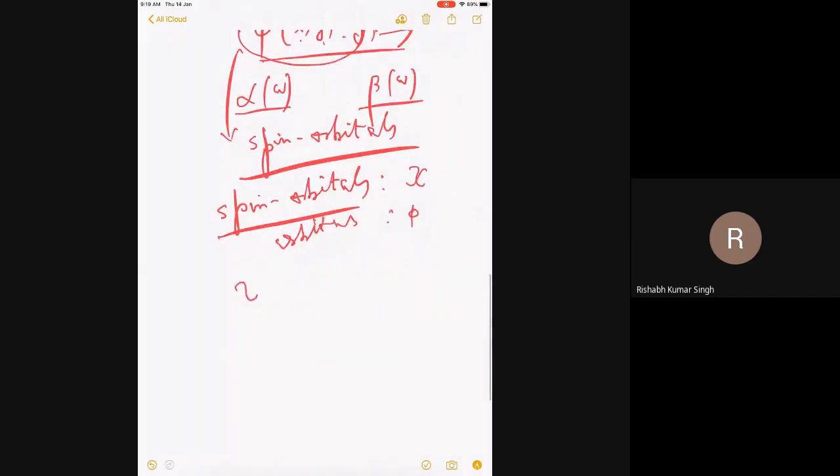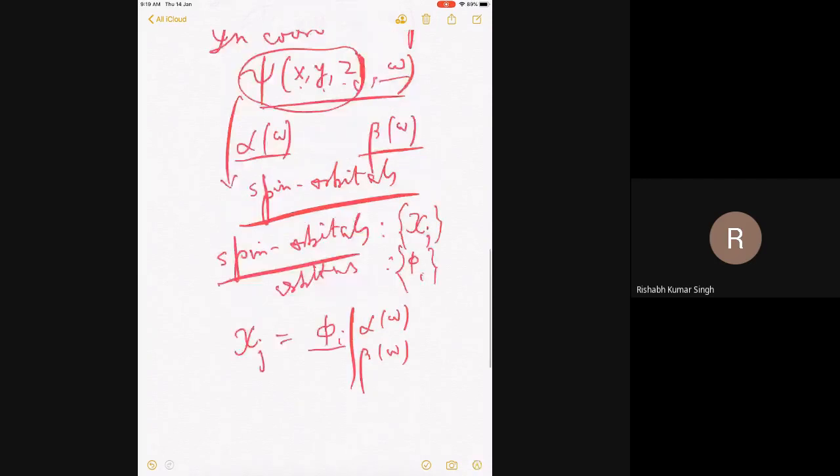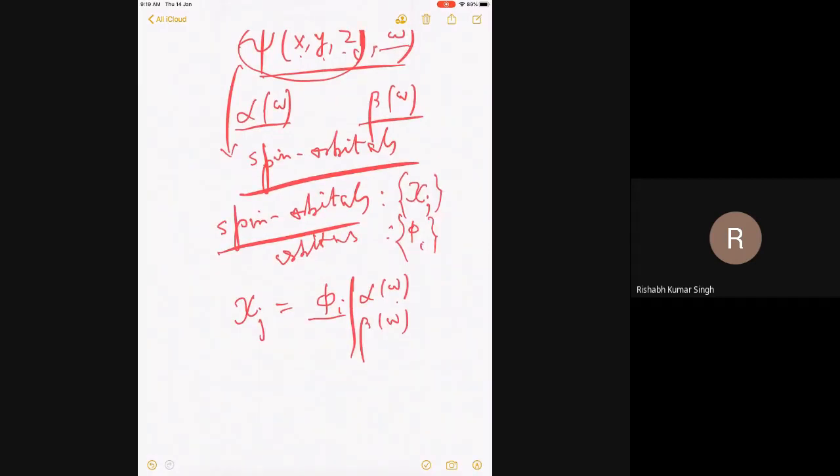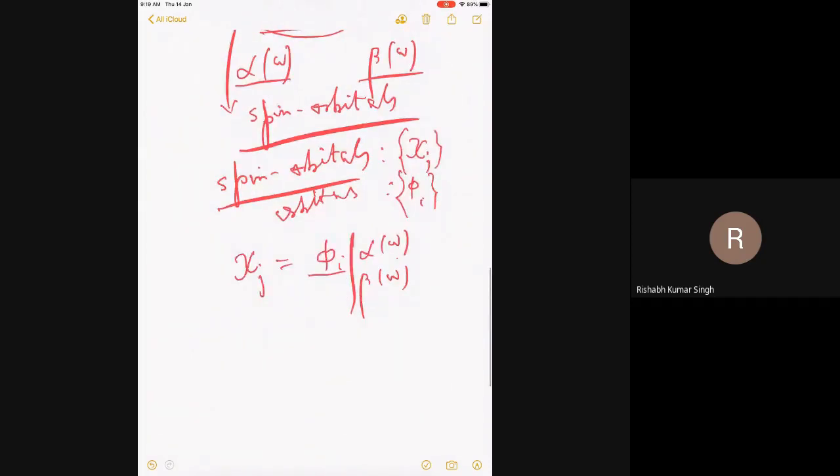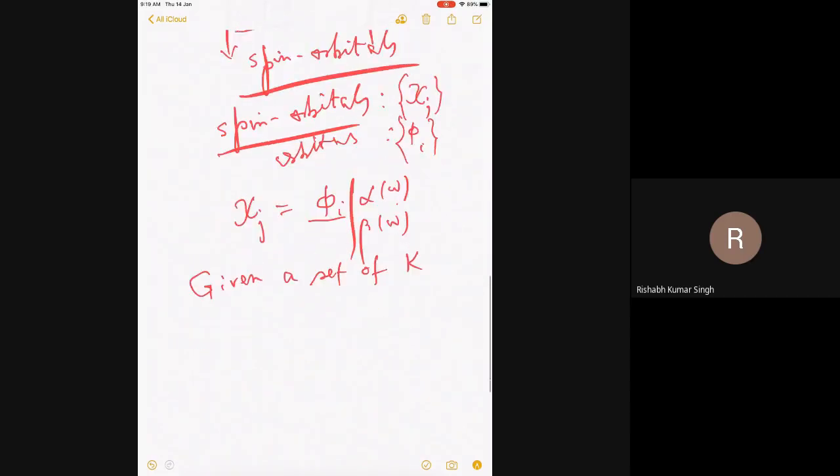Then I can show that given a set of phi, phi i, and a set chi j, then a chi j can be built by multiplying phi with either alpha omega or beta omega. So phi is a space coordinate, omega is the spin coordinate. You multiply by alpha and beta to the spatial orbitals, you get the spin orbitals. So given a set of, let's say, k number of spatial orbitals,